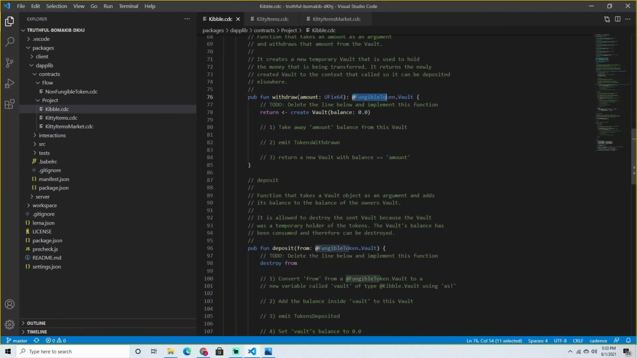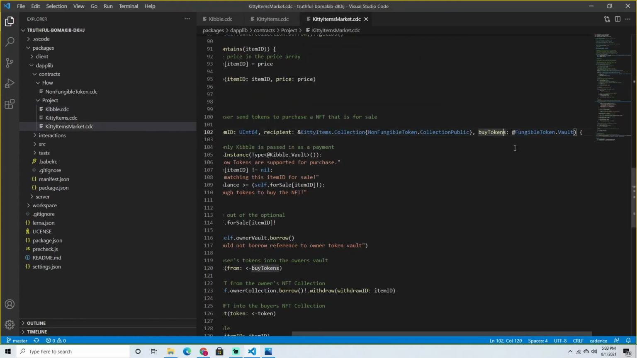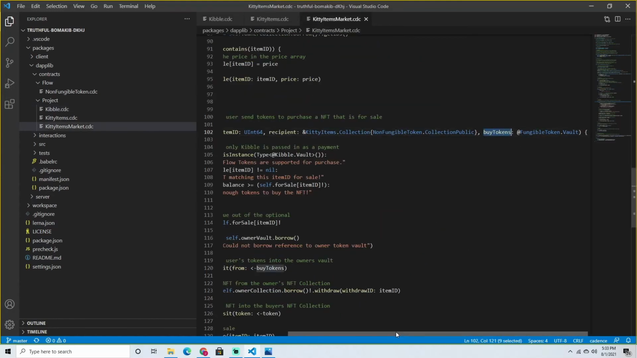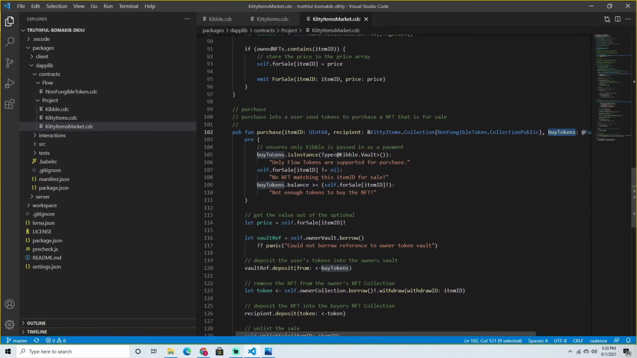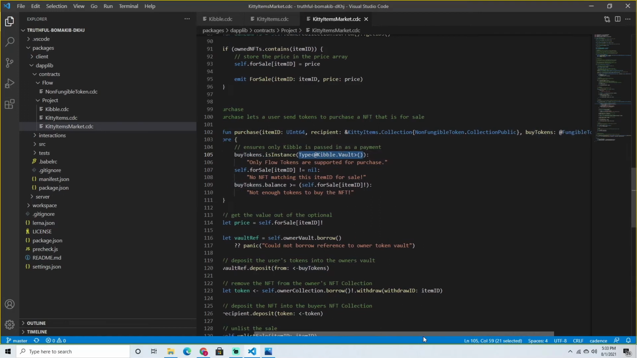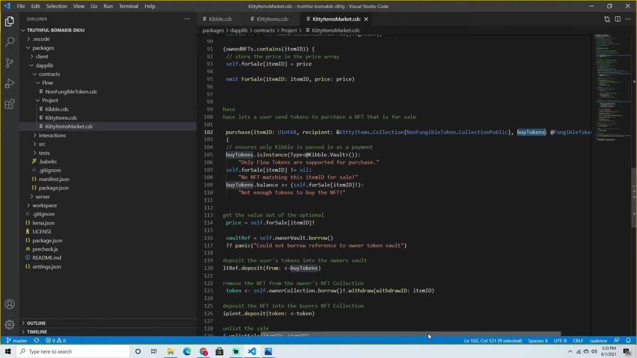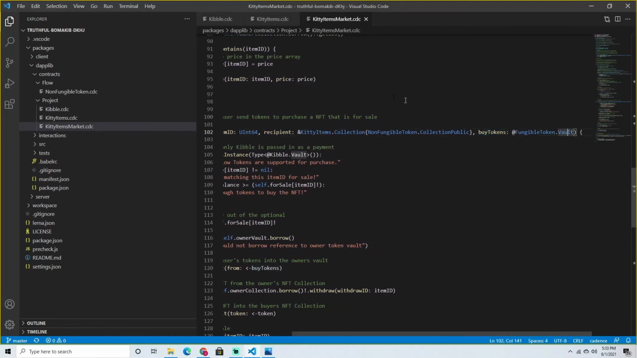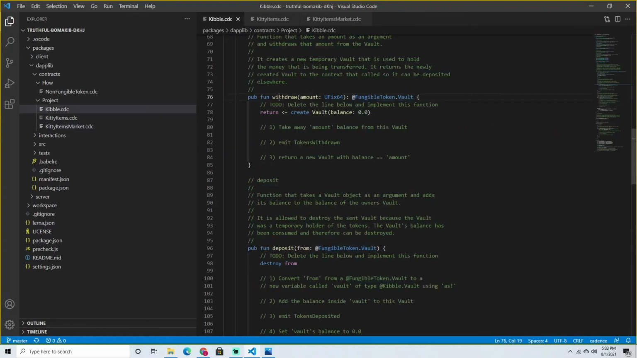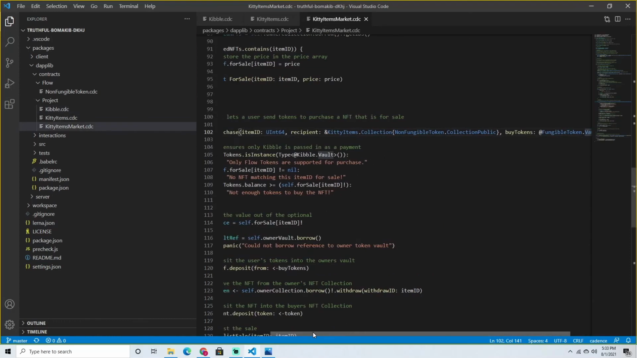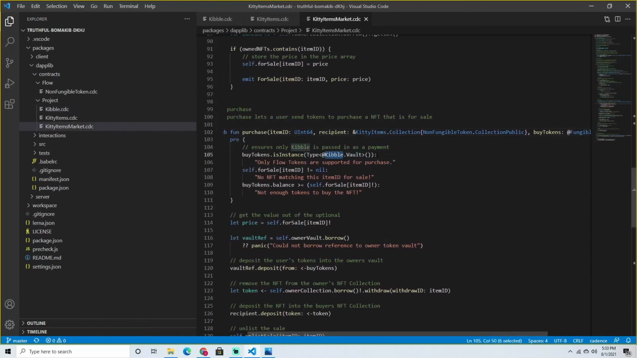Notice that this is a FungibleToken.Vault, and then pass that in here as buyTokens. And so in purchase, we're checking buyTokens.isInstance. We can use this as a pre-check of type Kibble.Vault. So we're making sure that this buyTokens, which we specify as a FungibleToken.Vault, because that's what Kibble returns when we withdraw, we're saying, okay, make sure that this is a Kibble.Vault, not a Flow token or any other